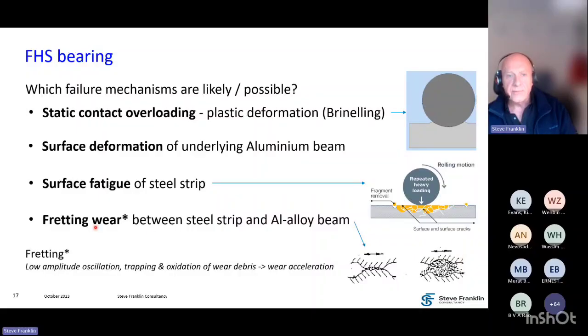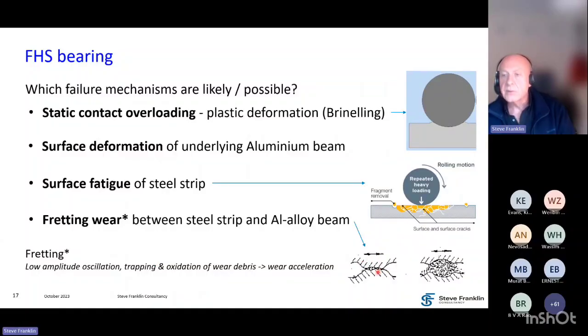And fourthly, we could have fretting wear between the steel strip and the aluminium alloy beam. As I said, some small amount of microslip is potentially possible in this situation. And fretting is the process by which, in cases where you have a low amplitude oscillation, so a small amount of slip back and forth at a low amplitude, whereby